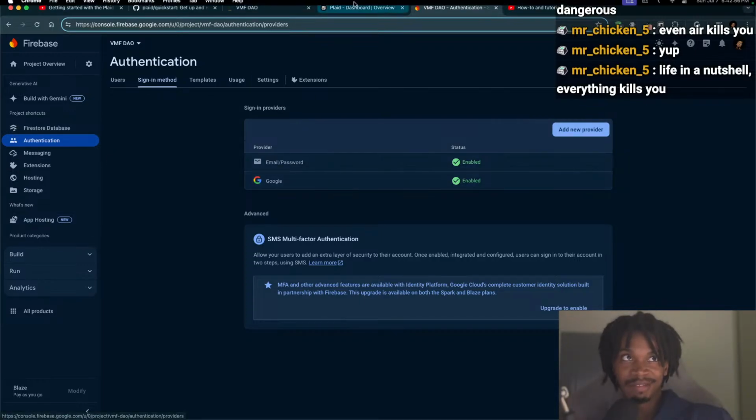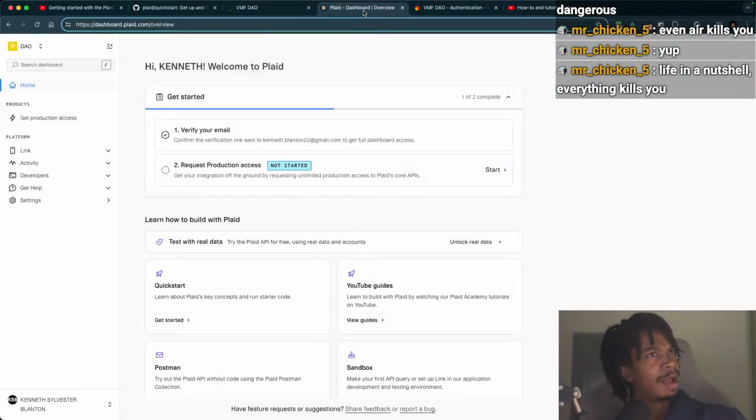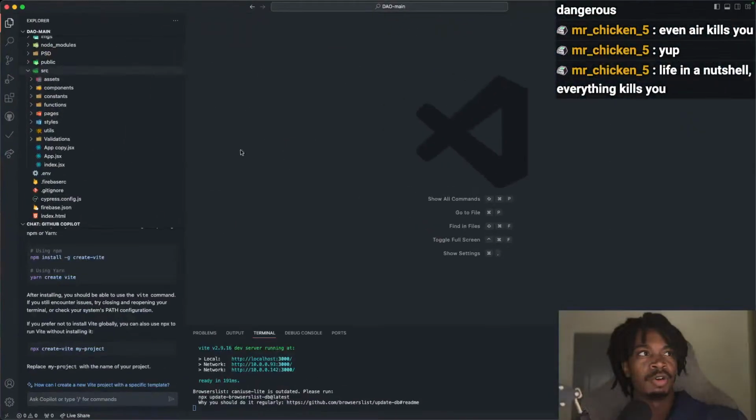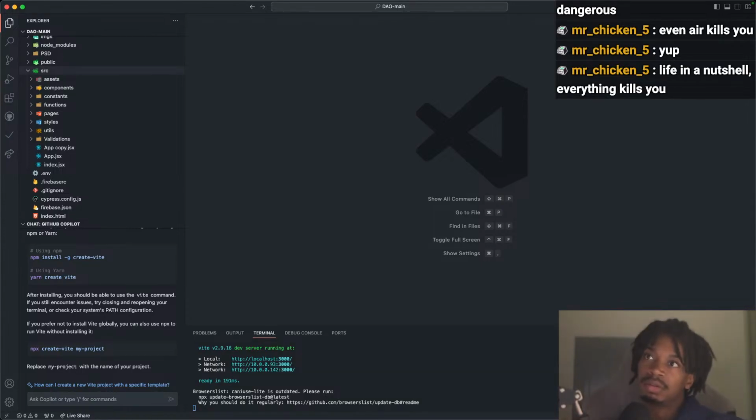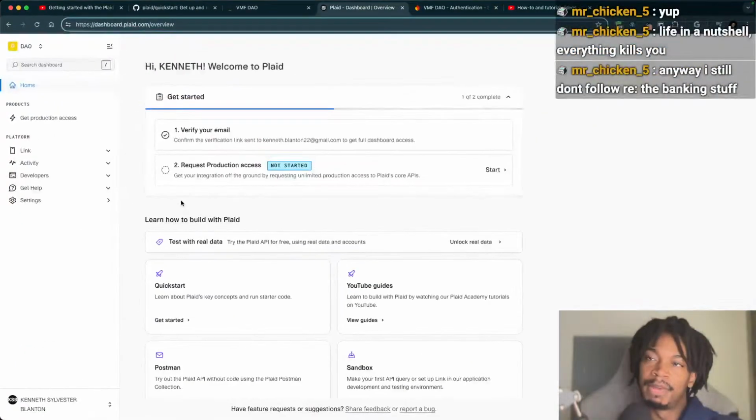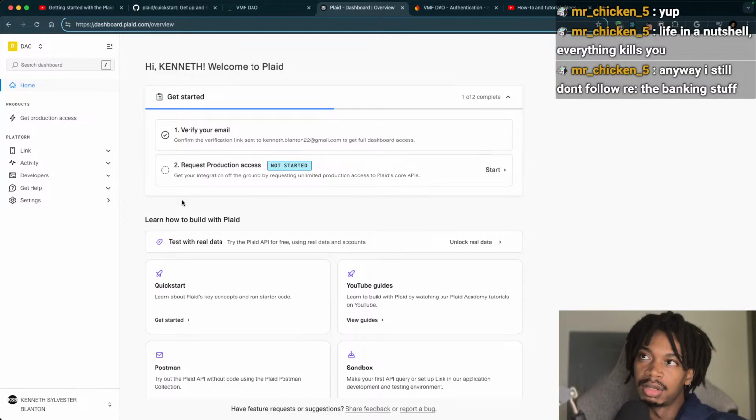Anyways, so basically, don't get rid of Firebase, because this API is going to communicate in my code with the Firebase database to verify, to keep track of the budgets. I think the banking stuff is more like